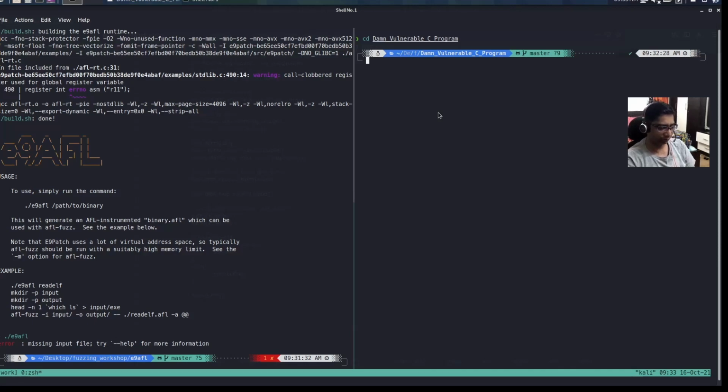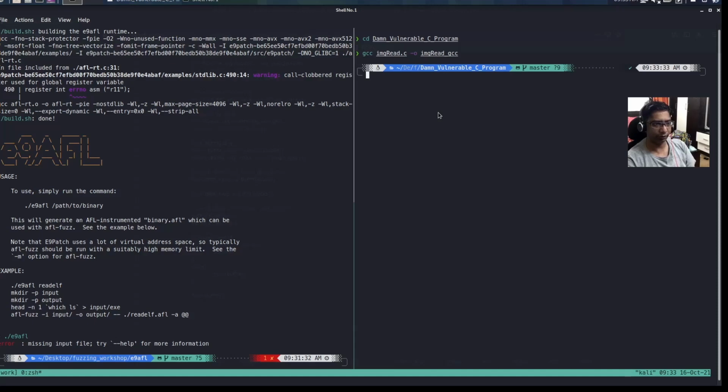So let me use GCC to compile our program. It will generate an executable, that is imgread_gcc, right? And then we will instrument this using E9AFL. So the command line is very simple: gcc, source file name, that is imgread.c, -o, and the output file name, that is imgread_gcc.